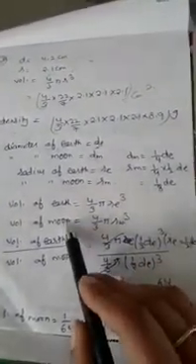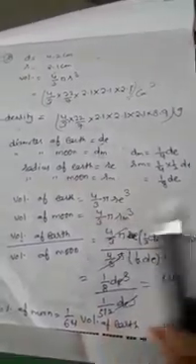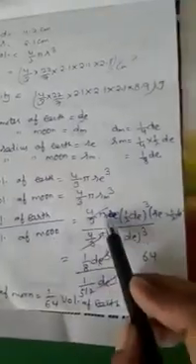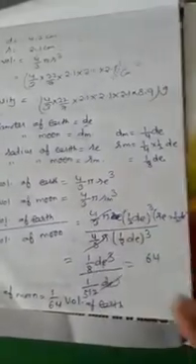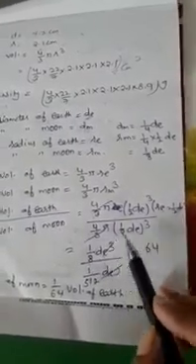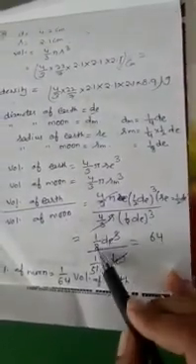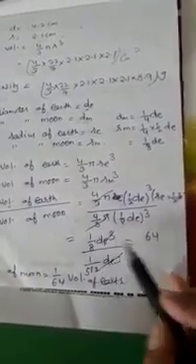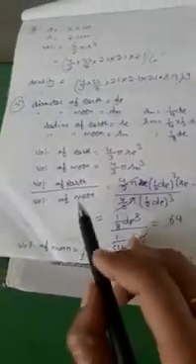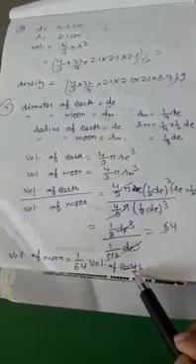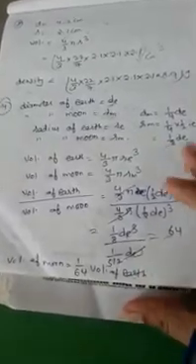So volume of earth is 4 by 3 pi RE cube and volume of moon is 4 by 3 pi RM cube. Volume of earth upon volume of moon, we have to find the ratio. Put the values. 4 by 3 pi cancels on both sides. Here 1/2 DE cube is 1/8 DE cube, and 1/8 DE cube is 1 upon 512 DE cube. DE cuts on both sides, it is 64. So volume of moon will be 1/64th of volume of earth, means the fraction is 1/64th.